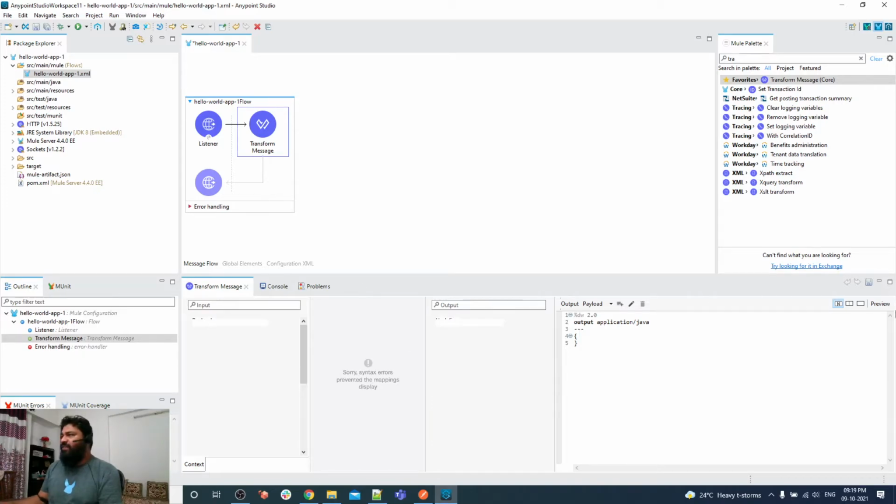This is a kind of view. You can see that it is coming this way. The DataWeave version we are using is 2.0. And what is the MIME type, what output is generated? We are going to generate from this DataWeave. This is defined here as JSON. I'm going to generate JSON, and the message would be hello world.